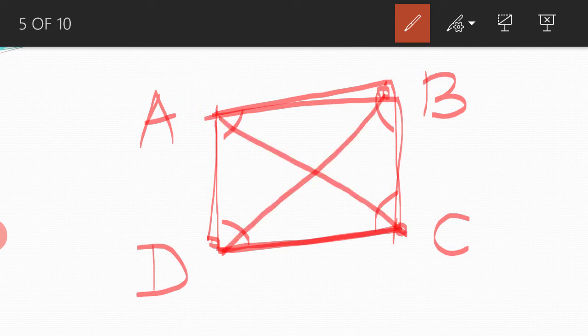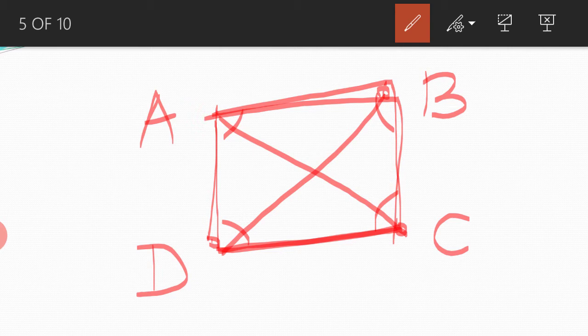So when we talk about a quadrilateral, we are talking about its parts, and those are the distinguishing factors between the types of quadrilaterals. The properties of these parts will define different kinds of quadrilaterals. So a quadrilateral is a four-sided polygon, and its parts are four sides, four vertices, four angles, and two diagonals.